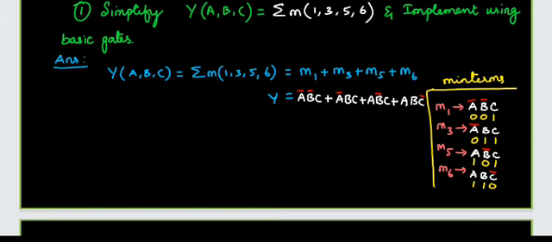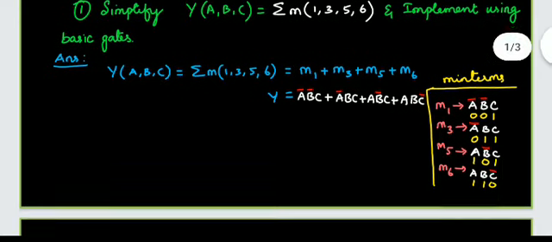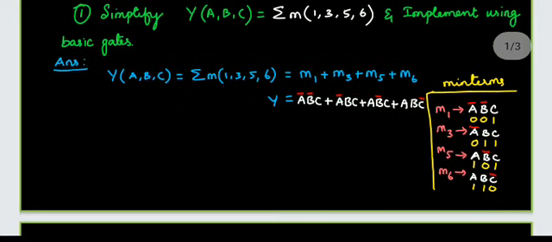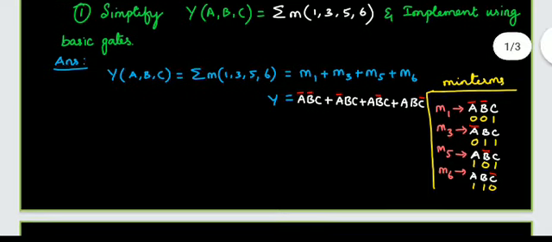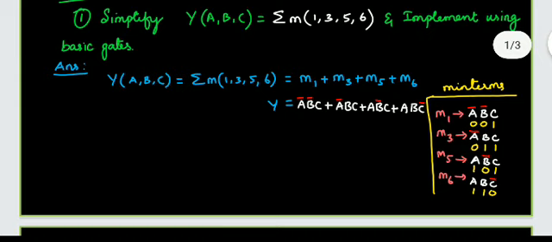So I have given the minterms m1, m3, m5 and m6. So as we all know, m1 means 0, 0, 1 and 0 means primed. For minterms, 0 means primed, 1 means unprimed, right? Please remember what we already discussed in minterms. Kindly again remember that, then only you can do this kind of problems whenever it comes in examination, right?